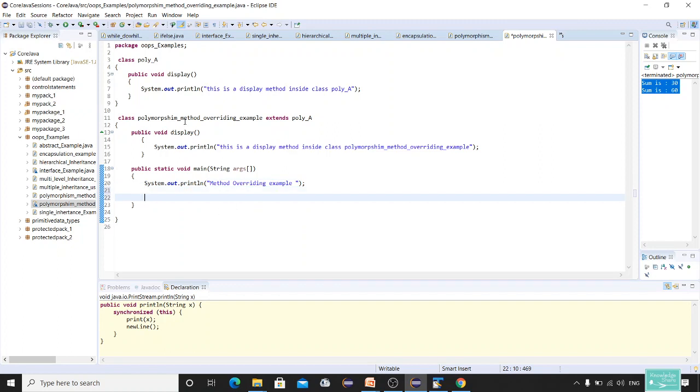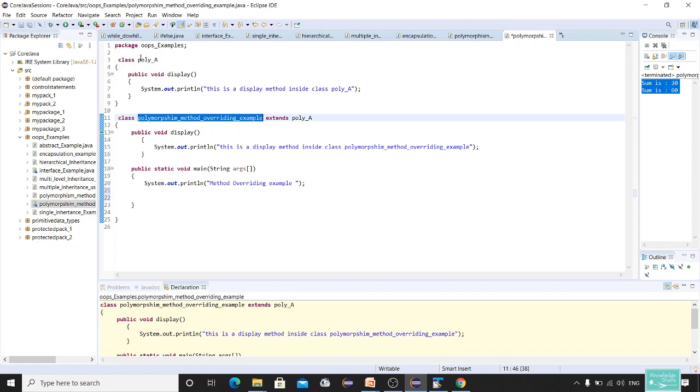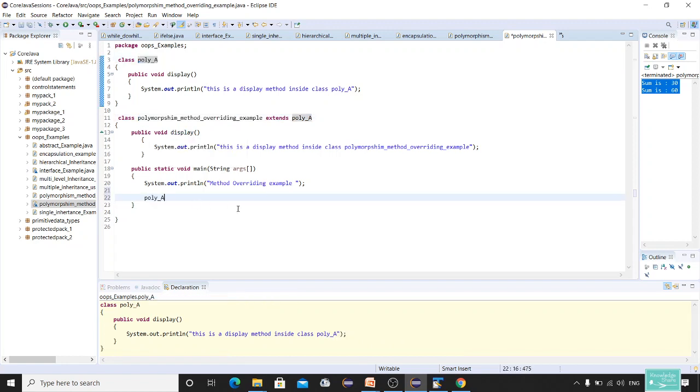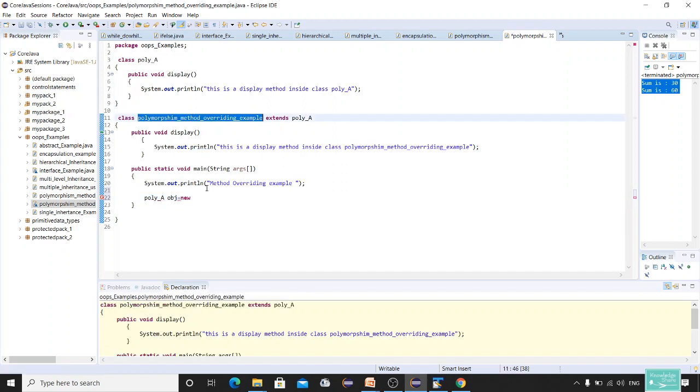So now what I'm going to do is create an object of poly A instead of the polymorphism method example. So I'll say obj is equal to new, I'm going to take this class now.